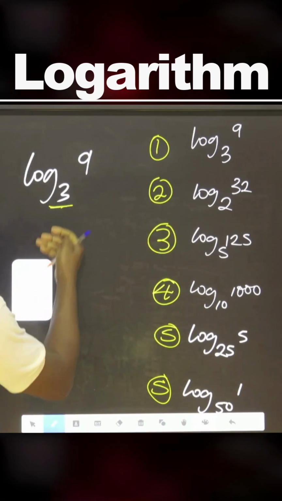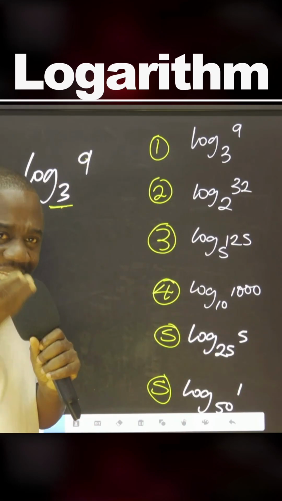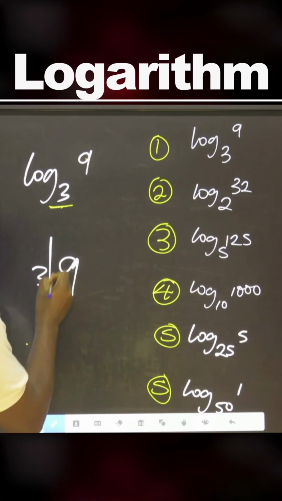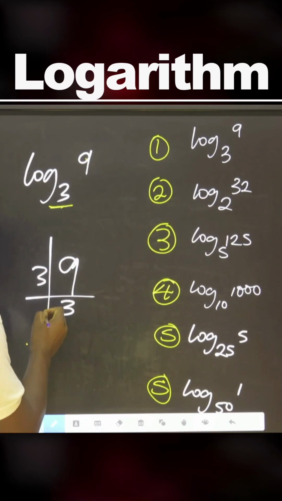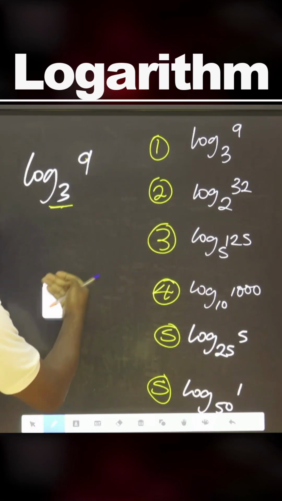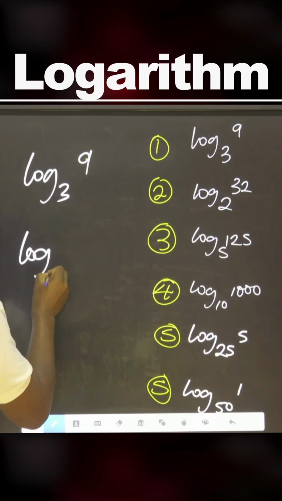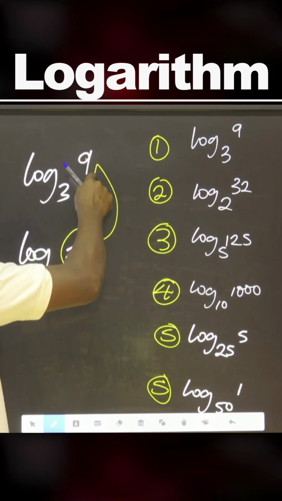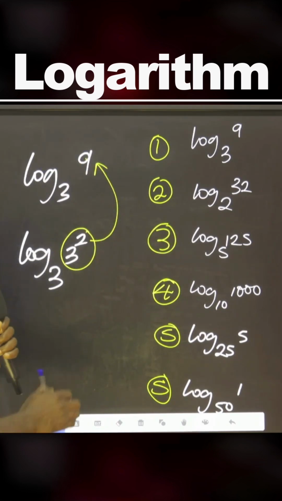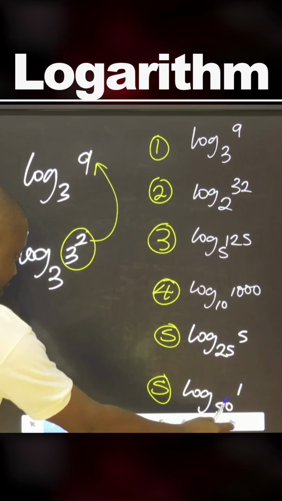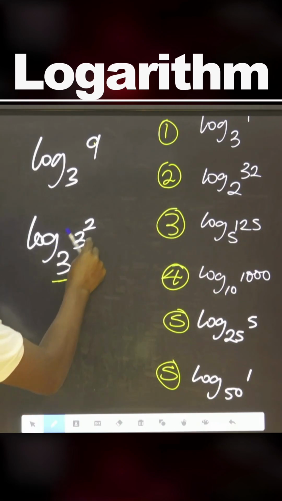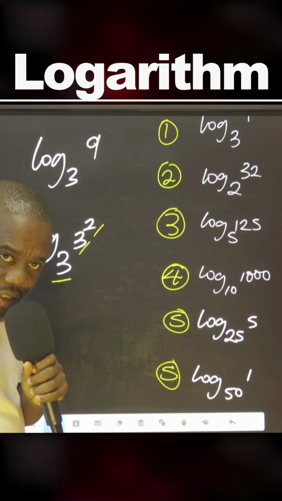So, what is the meaning of 9 in terms of 3? You agree with me? 3 to this, you have 3. 3 to this, you have 1. That is 3 multiplied by 3. Therefore, this is 3 squared, because this will produce this. Now, you also agree with me that when this is carrying 2 things like this,